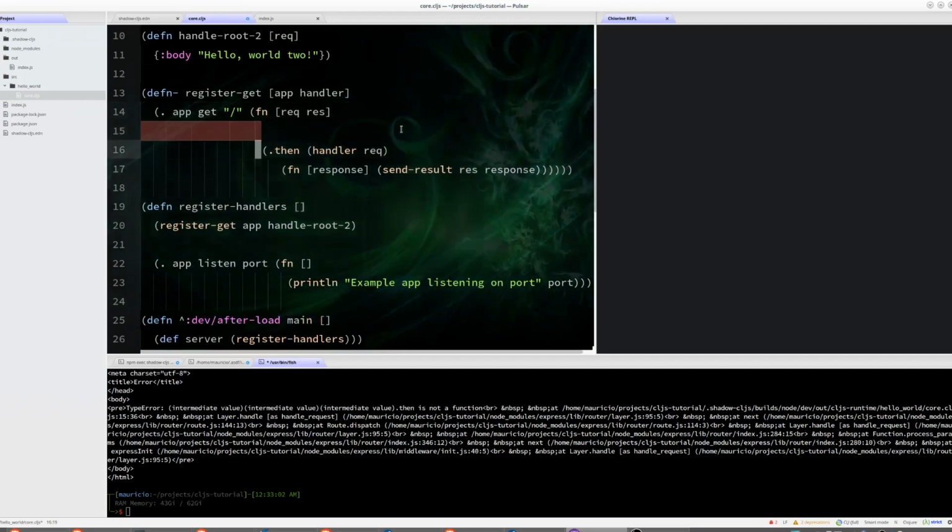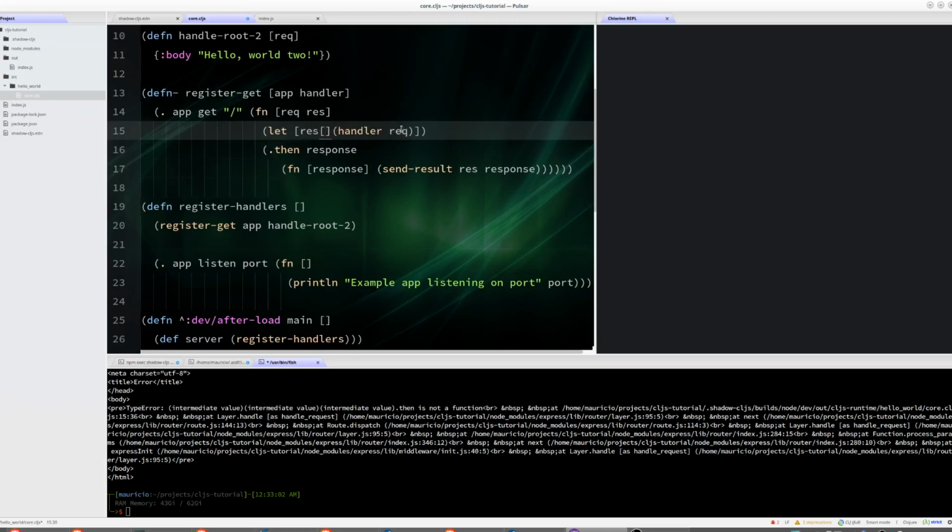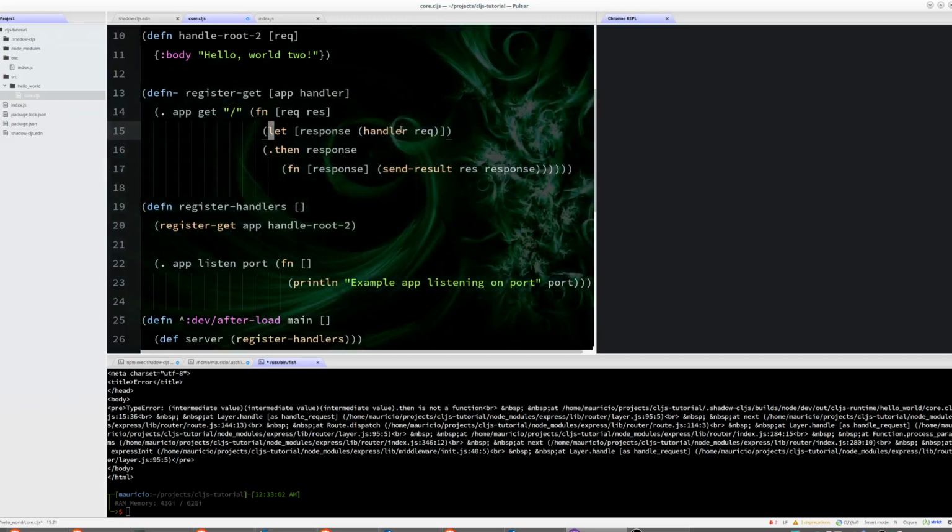So first thing that I'm going to do, I am going to call this the response, and then I am going to put this inside a let. Response. Okay, now I have to get if something exists inside the response. I cannot call .then, otherwise it will become a function call. In the ClojureScript interoperability with JavaScript,